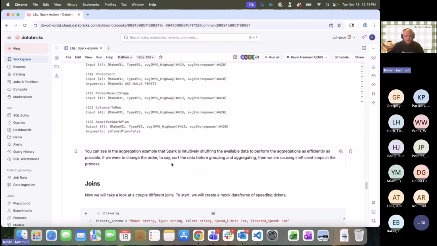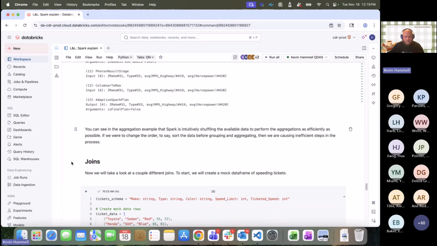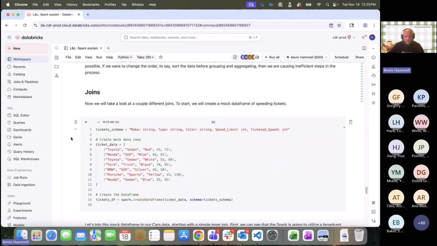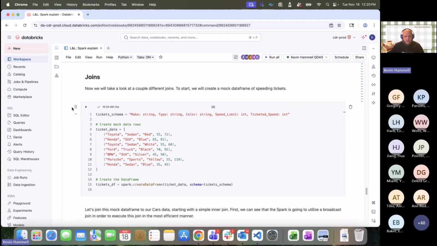So trying to force it to do something early on can mess up the efficiency of your script. All right, so let's try a couple joins, and we'll just do a mock data frame of speeding tickets. So we'll just see,